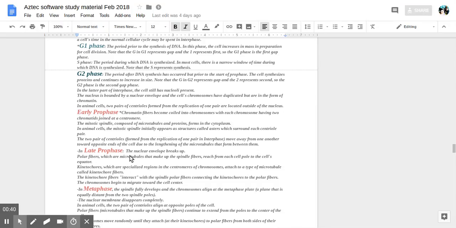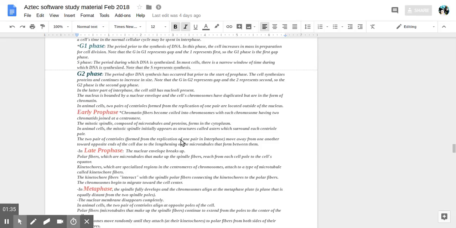And G2 is the gap 2 phase, right before prophase begins. And again, more proteins are made, and the cell continues to increase in size. And the nucleoli are still present at this stage. So the cell's chromosomes have already duplicated due to S phase, and they're still bound in the nuclear envelope. You have two pairs of centrioles, which are located outside of the nucleus. So one pair has replicated into two pairs